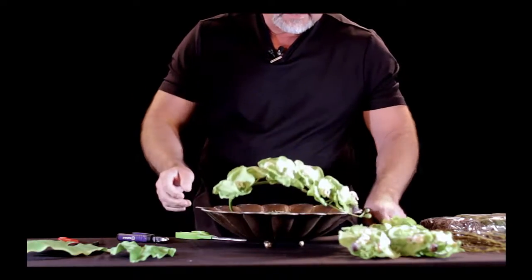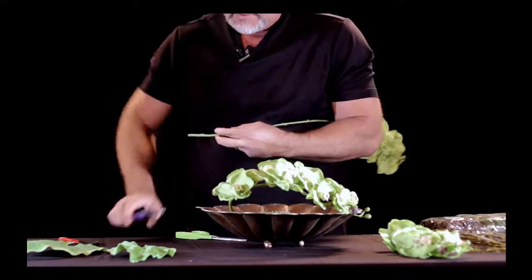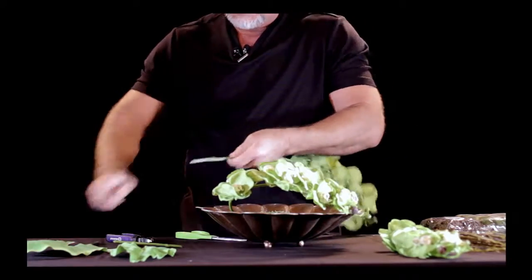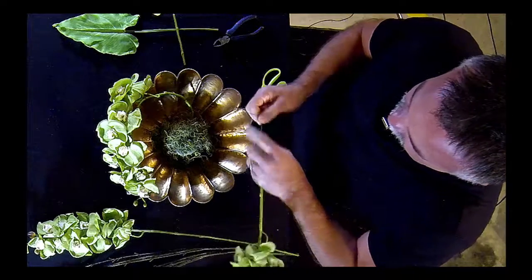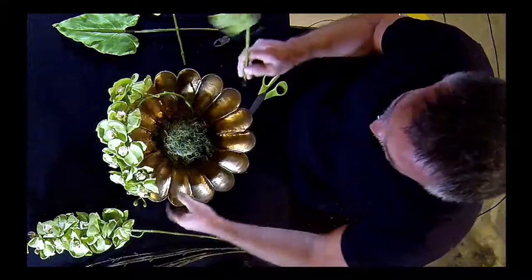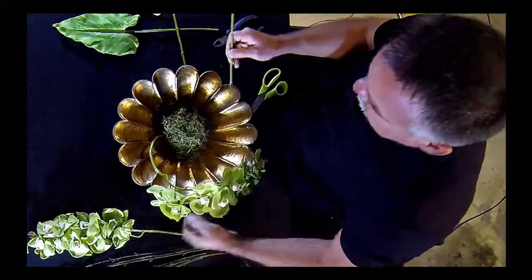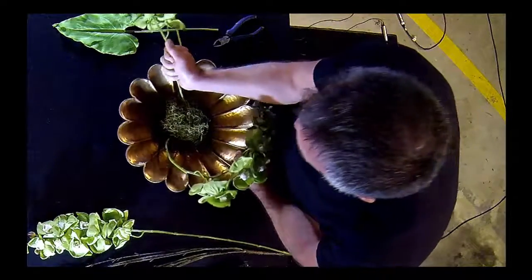And then I'm going to take a second one and do about the same thing. Cut about 5 inches off. Strip away the plastic. This is an important step. Don't skip this step. Bend that little hairpin into the end of it so that it'll lock in. And I'm going to come about 1/3 of the way around the circle, and then again insert that from the side